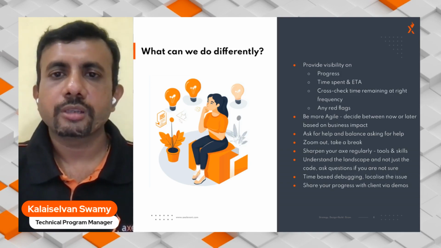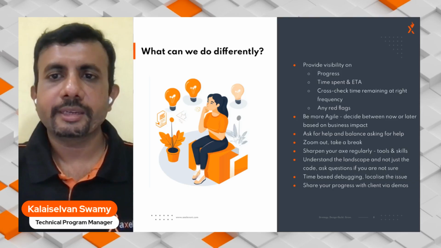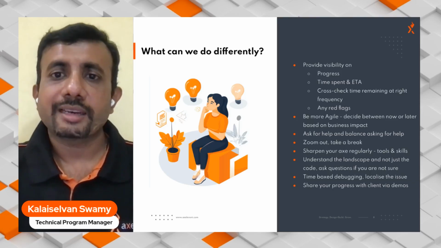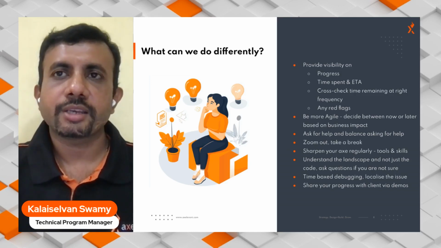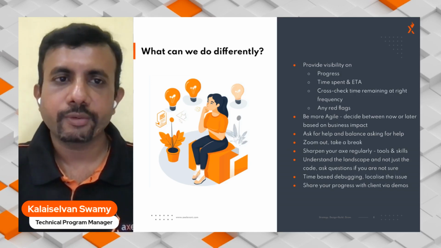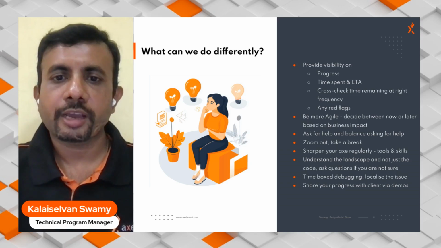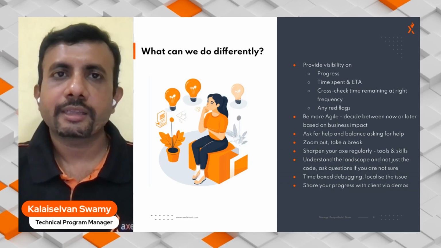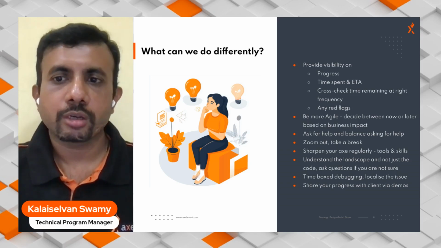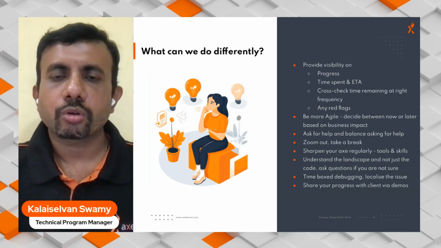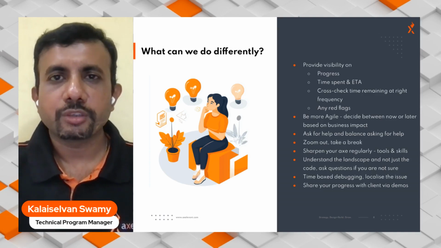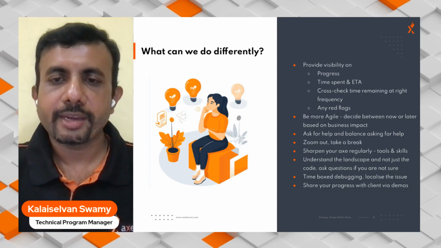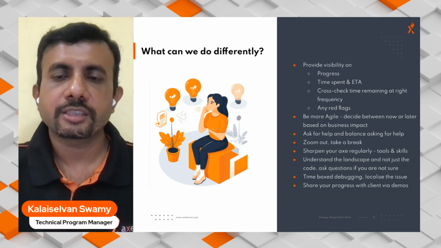And also it's important that you cross check your remaining time, like I told, at the right frequency. It's important that you decide when to do this, because for a ticket that has a total estimate of 1 week, you might want to cross check your time every day, whereas for a ticket that is estimated for 2 weeks or more, you want to cross check it once in 3 days or something like that. So decide a frequency for yourself and cross check the remaining estimate and flag those deviations to the